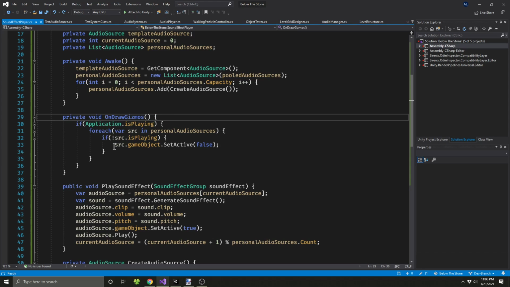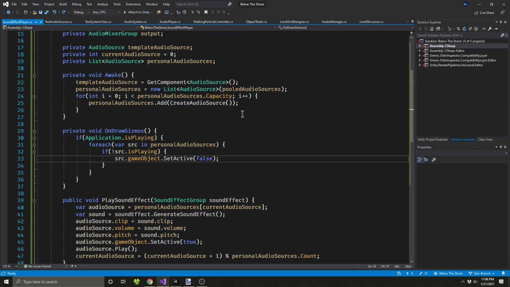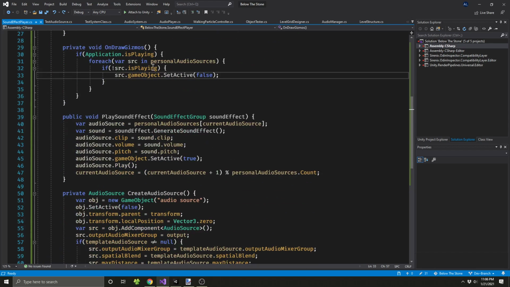I'm basically saying, okay, looping through all my objects, if one of them is not playing, then set its active to false. This is something that wouldn't actually happen when you build out the game. You're just trying to optimize performance, but also debuggability, if you will. And then of course my almighty function, play sound effect, which takes